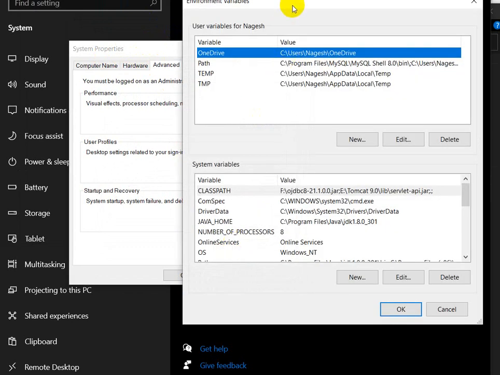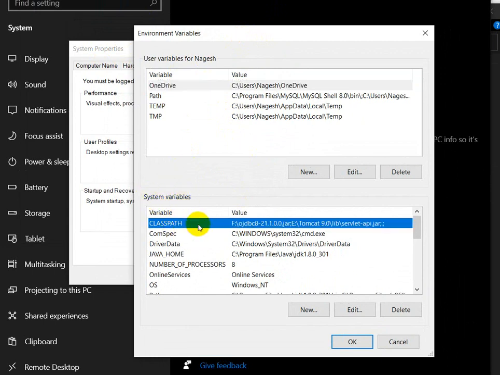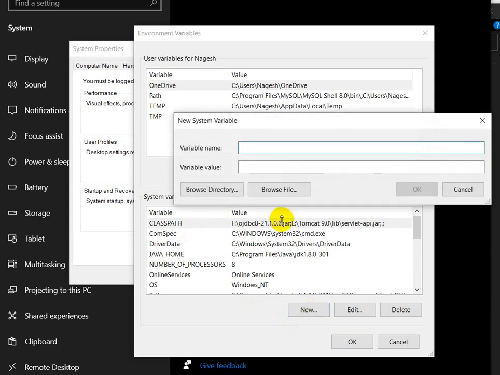After this you can see here Environment Variables. In this we can see system variables. Here we can see CLASSPATH. I already have the class path here. If you don't have this variable called class path, you can click on new, and for the variable name you type CLASSPATH.